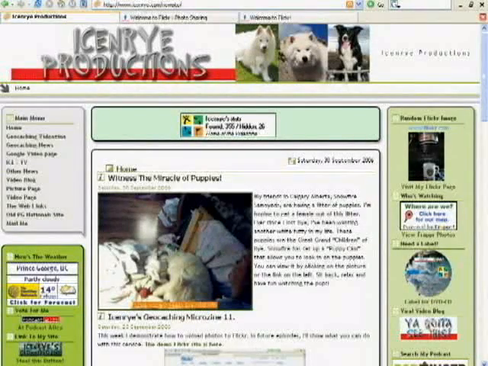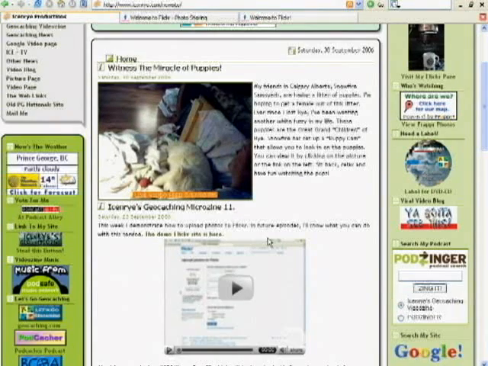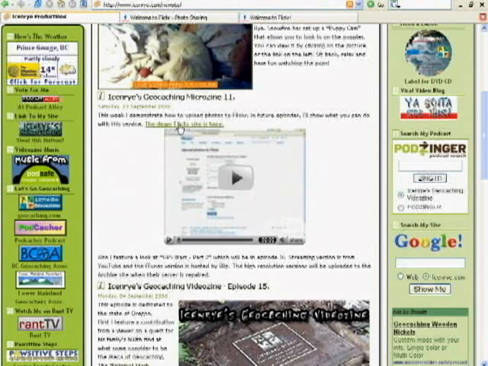Okay, so last week I showed you how to set up your first Flickr account and upload your first set of pictures. So your pictures are online, now what? Well, you basically want to let people know how to get to your Flickr site. Well, the problem with that is when you create an original Flickr site, it gives you this really weird address. As a matter of fact, I'll just click here,